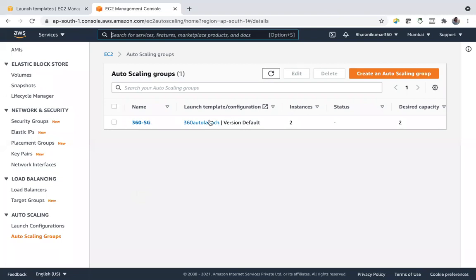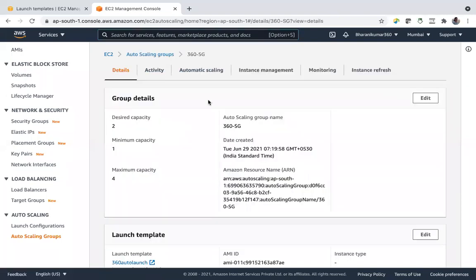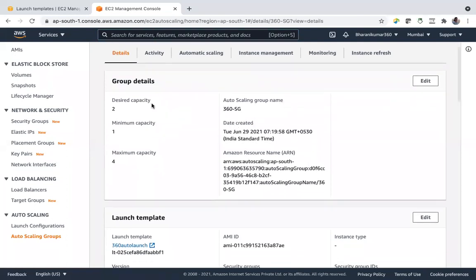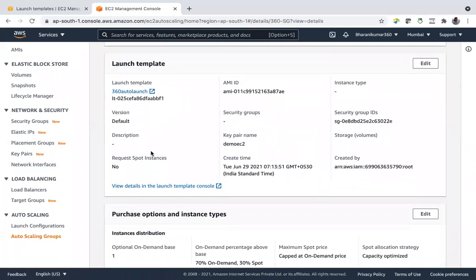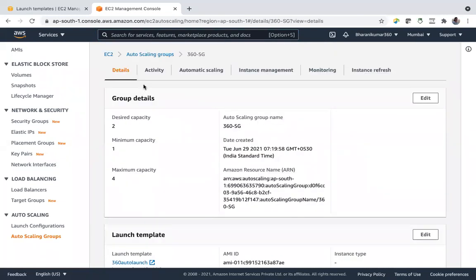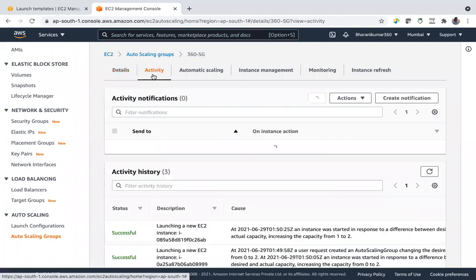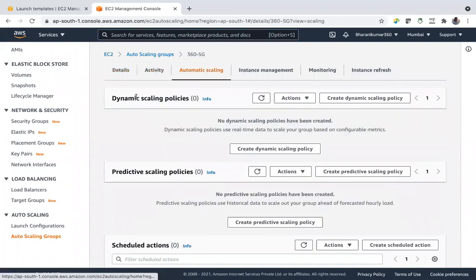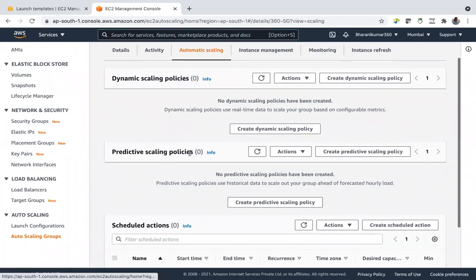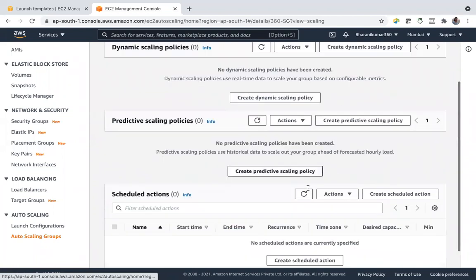So let us go here. See, automatic scaling is there. No policies, no dynamic scaling policies, no predictive scaling policies also.